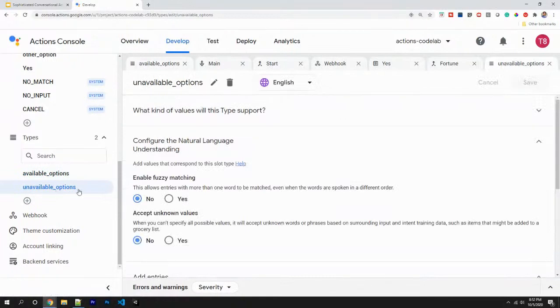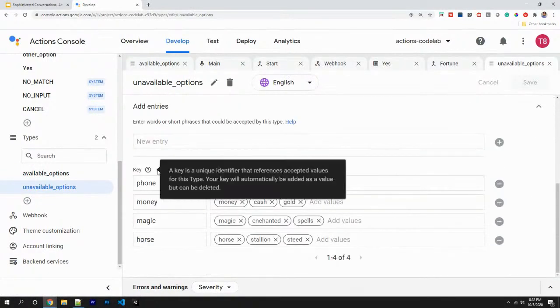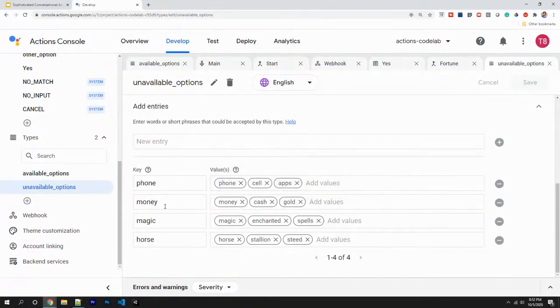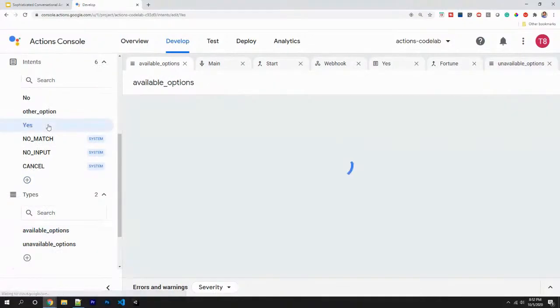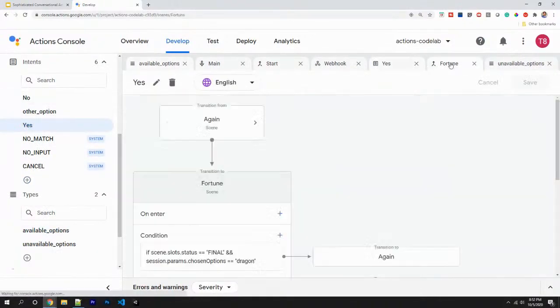You also have unavailable options. Let's say the user gives something that's unrelated to your action, like phone, money, magic, or horse. Then you can capture some of these over here and give a custom response to that as well. So going back to the fortune scene,